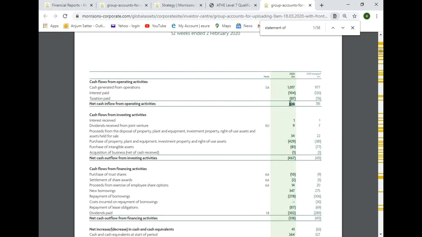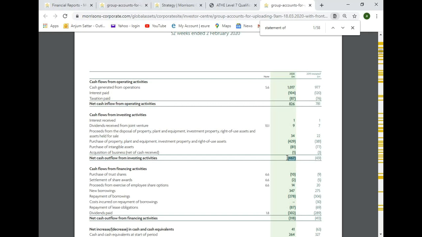We'll look at what's happened under operating activities. 826, yes, so our positive cash went up. Then we have investing activities. In investing activities, we're looking at the cash position. Morrison last year had a negative cash flow, and this year more cash flow. Cash went out of the business,